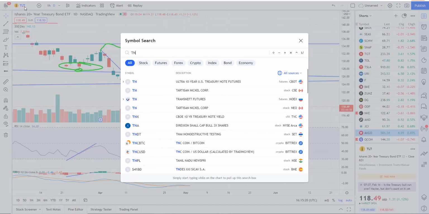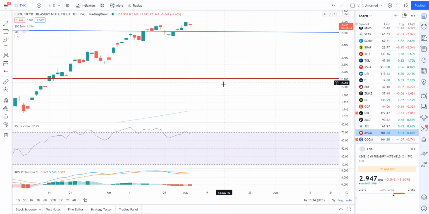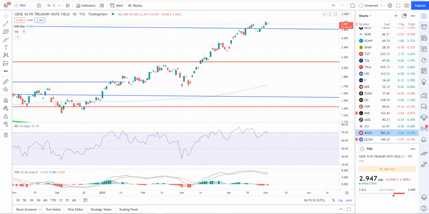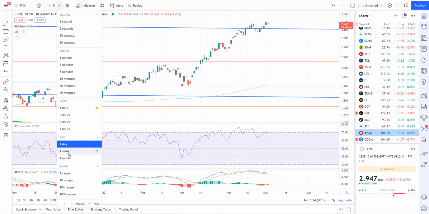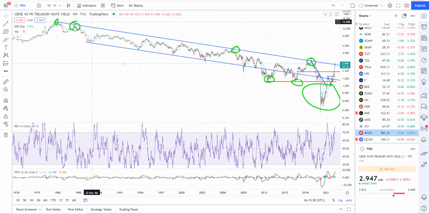One thing I want to note, if you look at the TNX, this kind of measures the 10-year Treasury interest rate. And everything is based off of this. The mortgages, car loans, credit card interest rates, everything's kind of based off of this. If I go to the weekly chart here on the TNX, I can roll way out back to pretty much the entire bull market in bonds, which means interest rates are falling over this period of time. And this is going back to 1981. So my entire life,